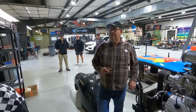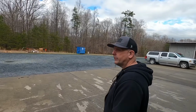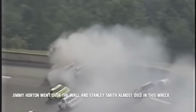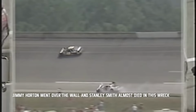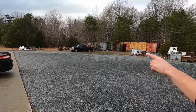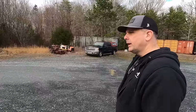But, yeah, we're still on the engine stuff, the car stuff. So what are we about to see? Just the skeleton of the old wreck over there. Stanley Smith in the middle in the black car. They were running 3 abreast going into that turn, Ken. Richie Petty's car was collected as well. You see it right there. Originally a Blue Max Pontiac. It's been 90 because we got them in 91. And I raced them as